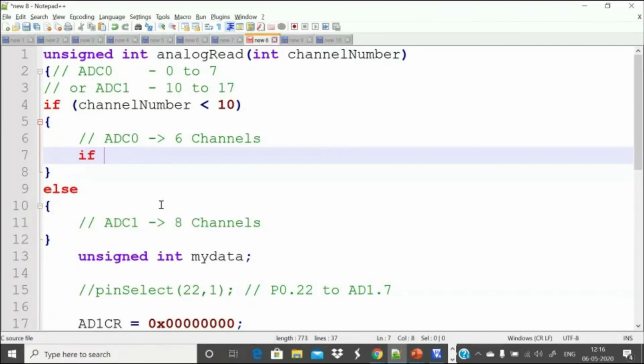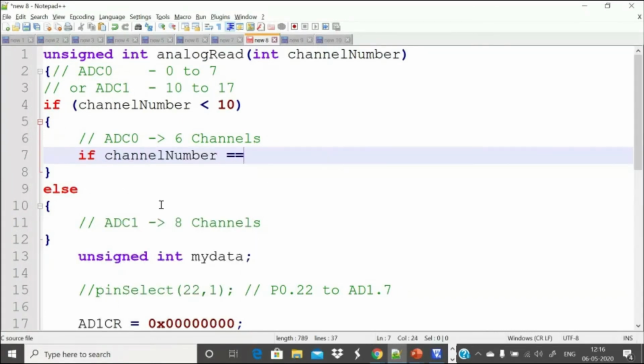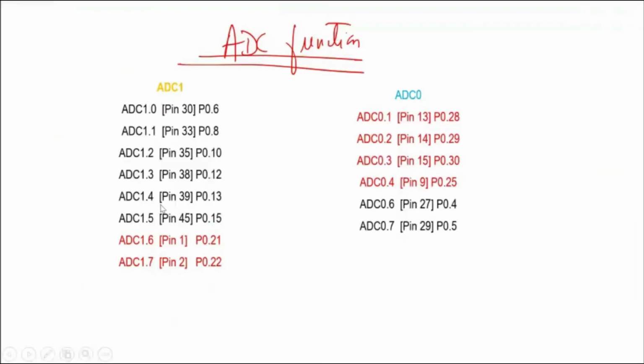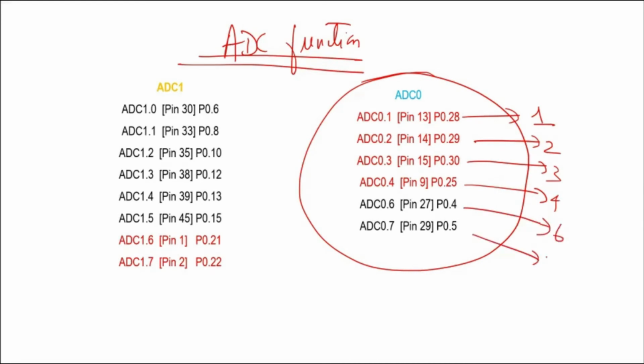So if channel number is equal to, what are the available channel numbers here? For ADC 0, channel 0 is not present. So the user can send channel number 1, 2, 3, 4, channel number 5 is again not present, 6 and 7.